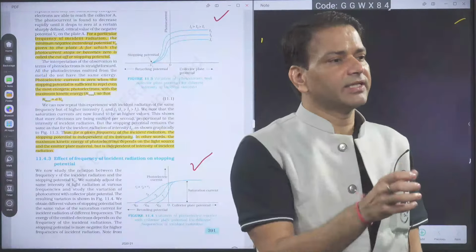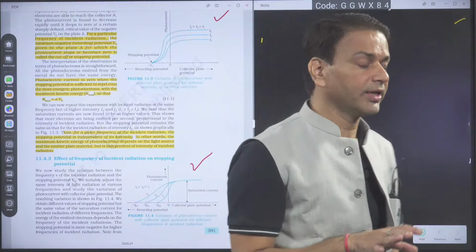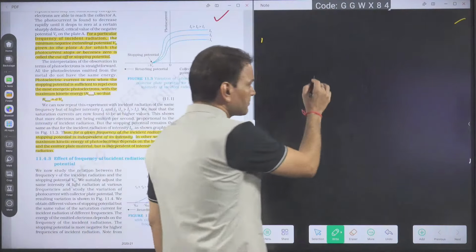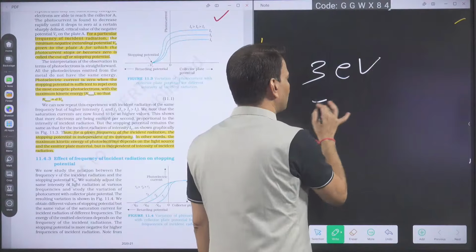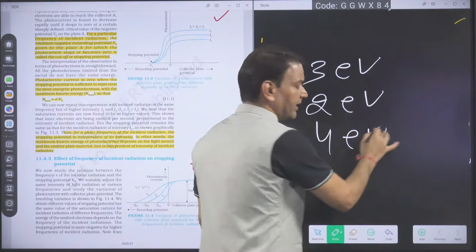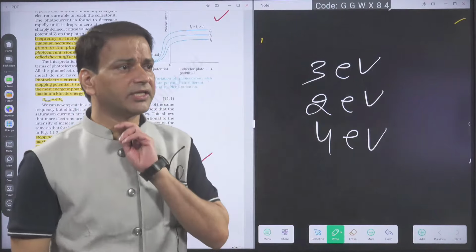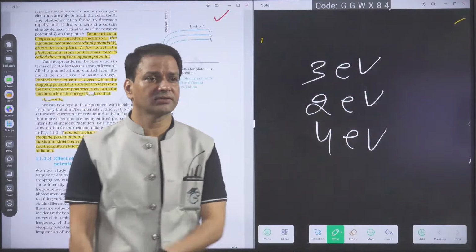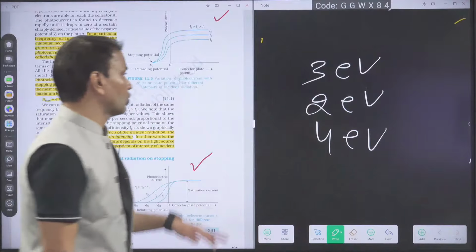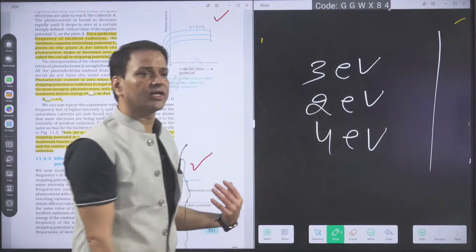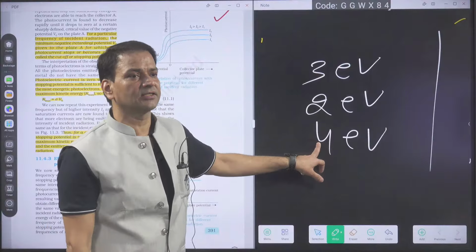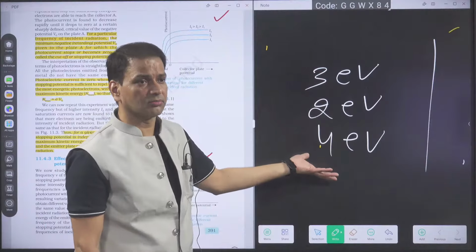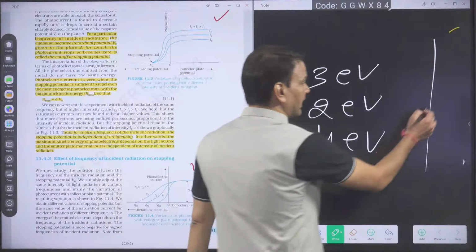But one photon can eject a maximum of one photoelectron. Okay. So here they have given what? Now suppose I have different energies: 3 eV, 2 eV and 4 eV. Some photoelectrons have kinetic energy 3 eV, some have kinetic energy 2 eV and some have kinetic energy 4 eV. If I want to stop them, which electron should I stop so that every electron gets stopped? If I stop the photoelectron with maximum kinetic energy, then the others will also get stopped. So what potential will I give to the collector?